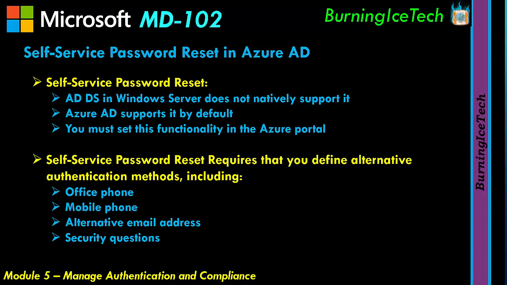So you or the user, it's probably going to be the user, have to go and specify a phone number. I would recommend using a mobile phone number, an email address, or a couple of security questions. And this is just in case you or the user gets locked out one day so they can go and, well, gain access again. So if they specified security questions, they're going to have to go and answer their own